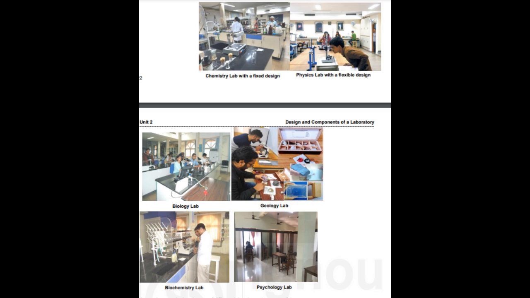2.2.2 Flexible Design Laboratories. In flexible labs, the furniture, lab benches and supply lines of services are freestanding so that they can be easily moved. In such labs, the layout can be changed or modified. Flexible designs are quite suitable for private, multipurpose labs. For example, a physics lab has a flexible lab design. Similarly, the psychology labs have cubicles in their labs. These may also be modified as per the requirement.